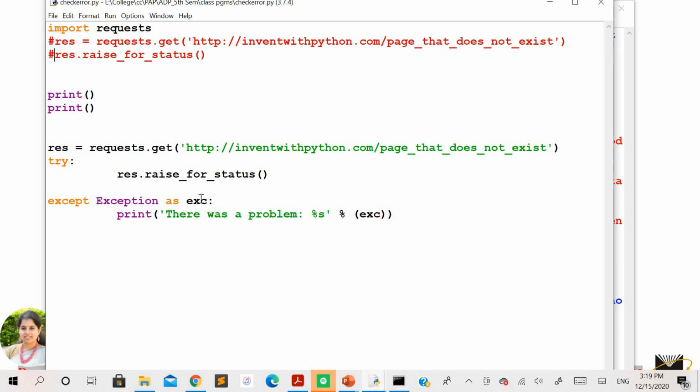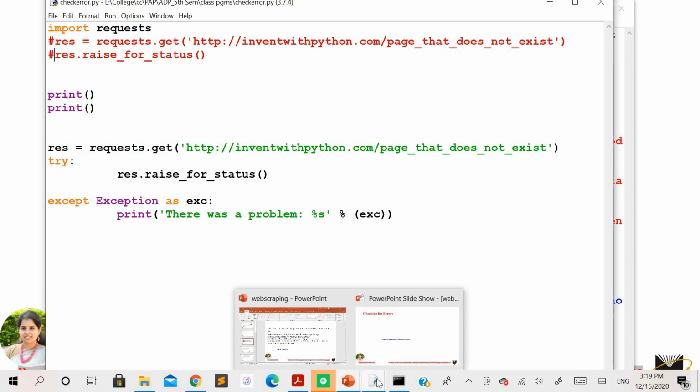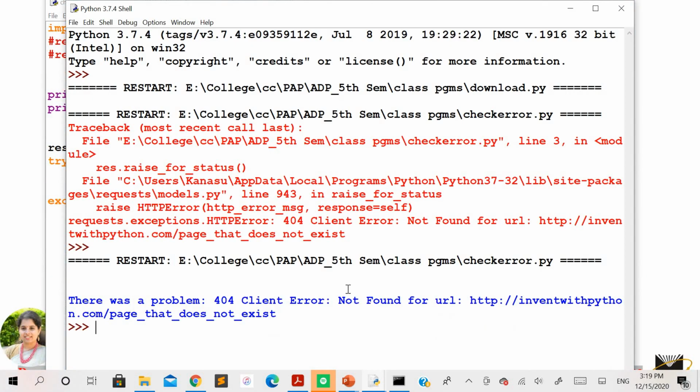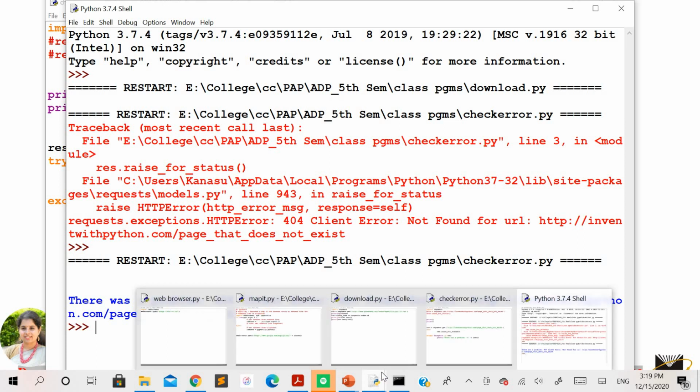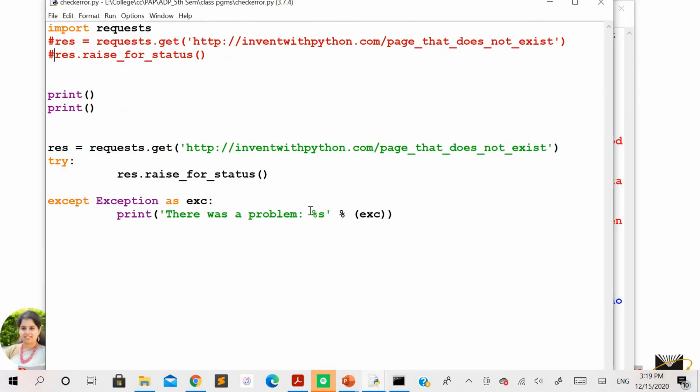Right, so for the exception, we have taken one more variable, and we have used %s and %s to fill in the values as a part of the result here. So the result you are getting here is 404 client error: not found for this URL. The first %s is nothing but the 404 client error, which is the default result given by the failure of this statement, and the second %s will give you the URL of the file from which you want to get the contents. So basically this is how you are going to include these things into the Python program.